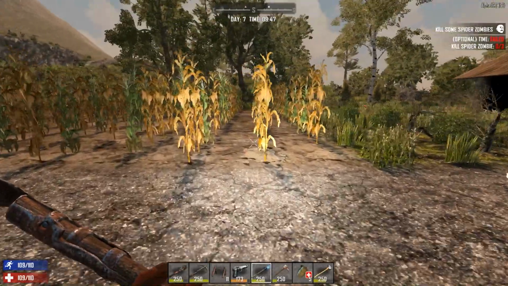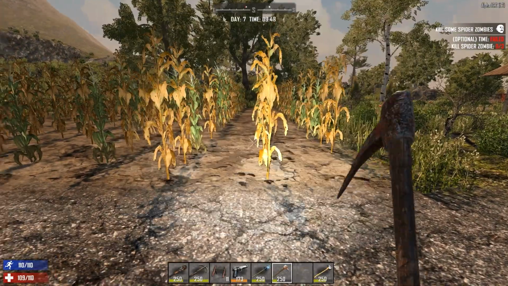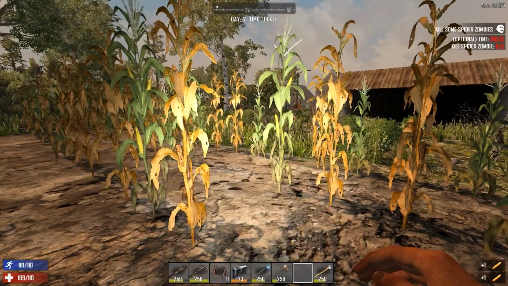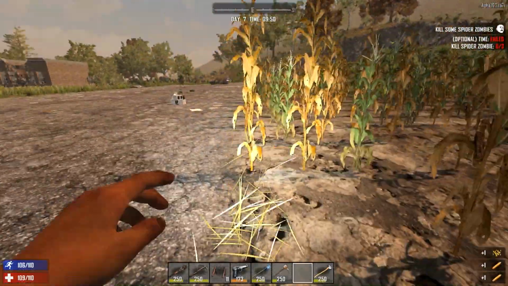Oh, we needed corn, didn't we? There we go. Corn! Yes! Nice. Okay, let's go and harvest some corn. So there should be some fully grown ones around here somewhere. There we go. So we're going to harvest any of the fully grown ones, because that allows us to make meat stew, guys. That's going to be great. One thing you can do as well is if you...